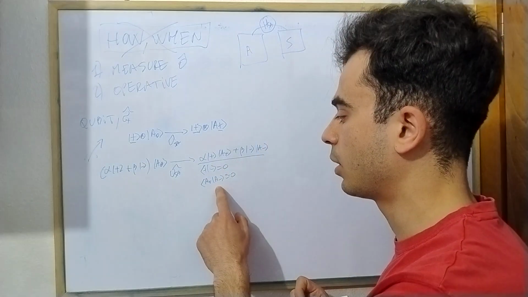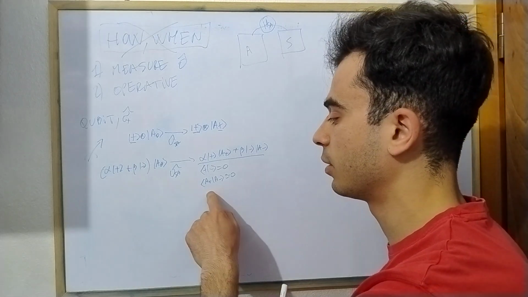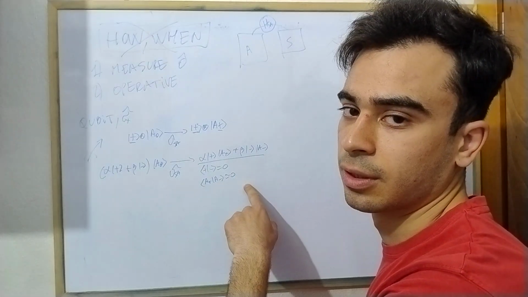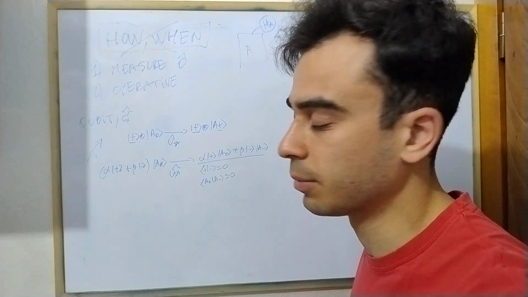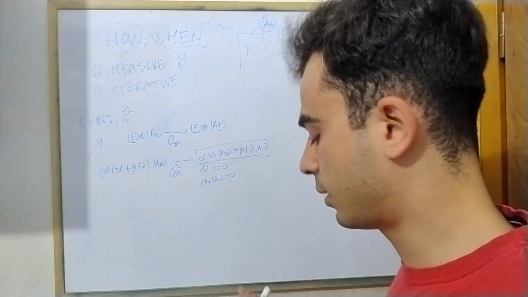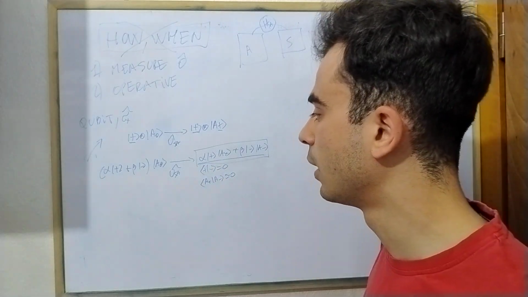Now, what happens in reality is not that as soon as the interaction is activated, the states become orthogonal, but they become exponentially fast orthogonal, and so we can say that this happens in a very short time. So now we have this interaction that says that there is an entanglement between the system and the apparatus, but